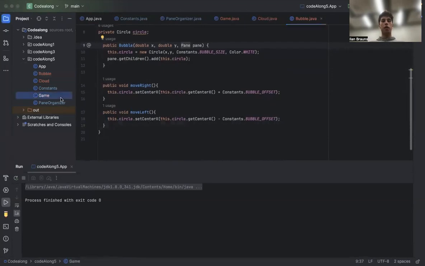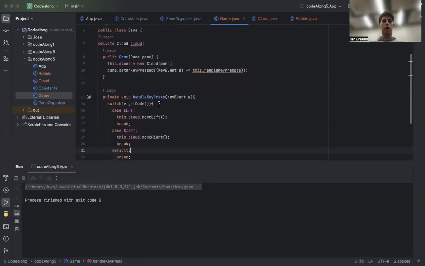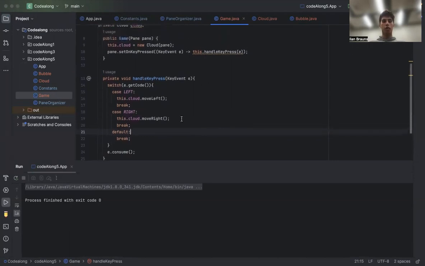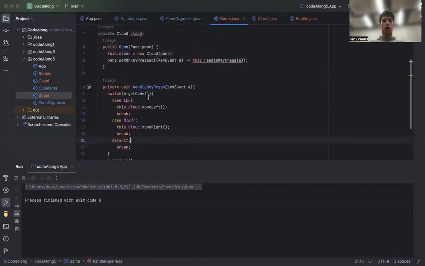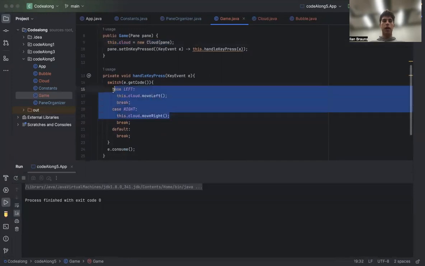Very rarely are you going to code something and it's going to work the first time. But one skill we really need to have is debugging. So one thing I want to try is walking through some print lines to see what's actually going wrong with our method. So I saw that we created a new cloud, which worked, but left and right didn't actually move